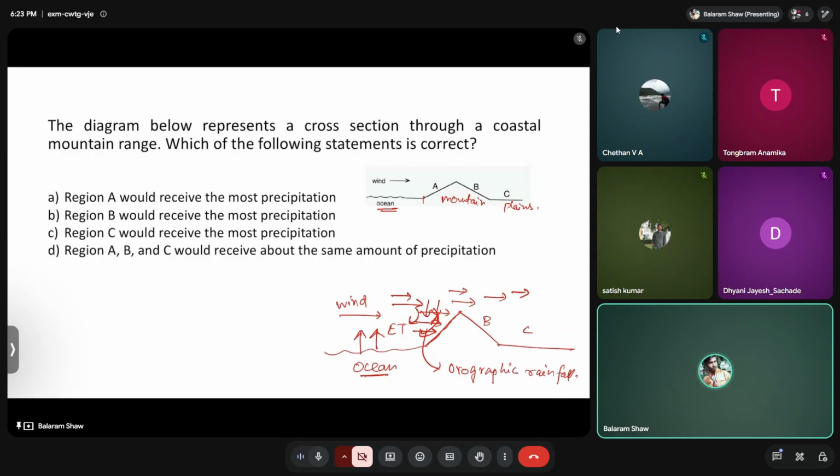If you have any question, you can raise your hand or you can put it in the chat. Okay, I hope this is clear. So we'll move to the next question. The correct answer for this is A. Okay, so the next question is